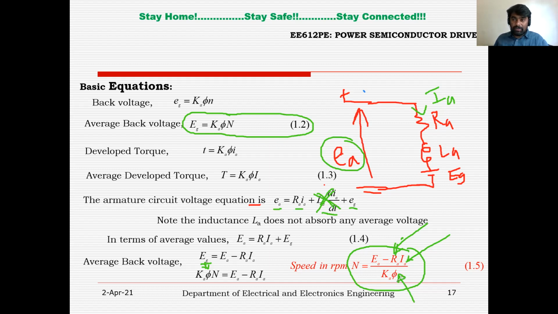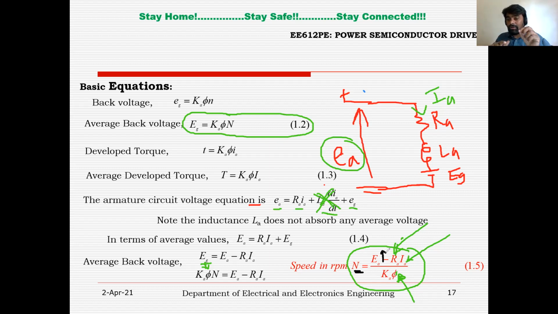Since we are dealing with the semi-controlled converter with a separately excited DC motor, right? For a separately excited machine, the field is connected to a separate DC source. Since the voltage is constant, the field current is constant. If the field current is constant, the flux is also constant, which means the overall conclusion is that if you want to vary the speed, the only controlling parameter is EA. So depending upon which converter we are using, EA depends. In case of a semi-controlled converter, it will be Vm by pi into 1 plus cos alpha.